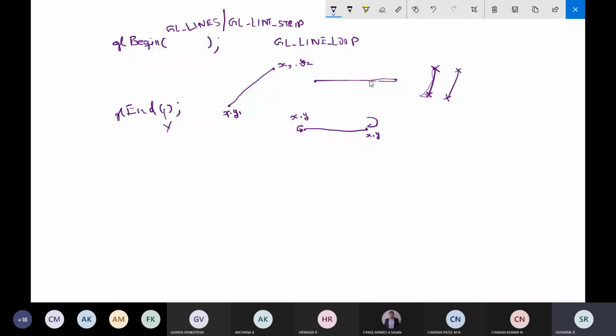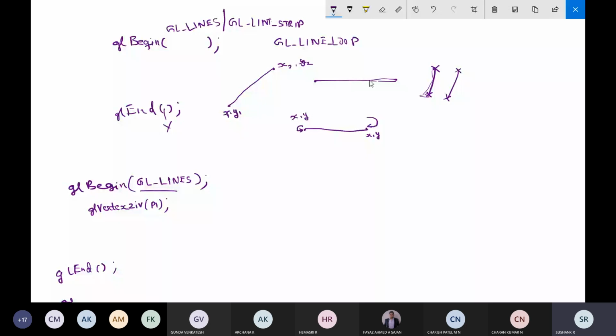We'll talk about the first function, GL begin. So GL begin, GL_LINES, and GL end. In between, I have to specify the coordinate positions, the starting position and the ending position of the line. If I'm using GL_LINES, I will give the points in terms of vertices, with glVertex2i or glVertex2iv.